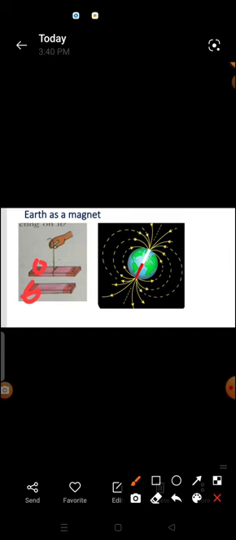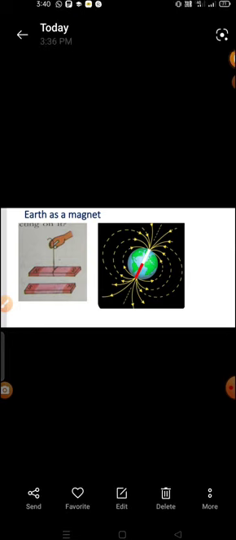In this case, the suspended magnet comes to rest in the north-south direction. So we can say that there is some magnet below the suspended bar magnet which compels it to come to rest in that particular direction.